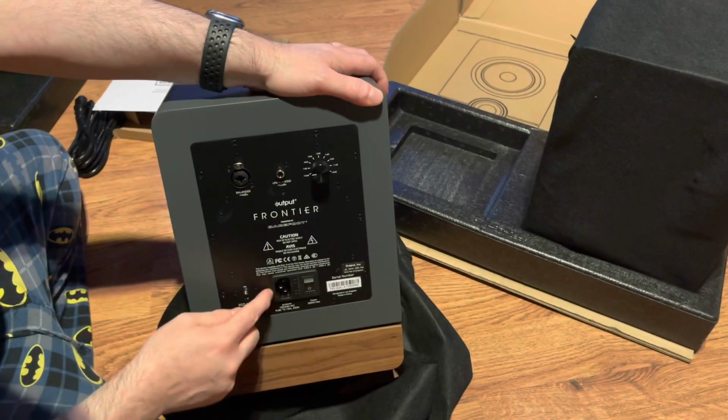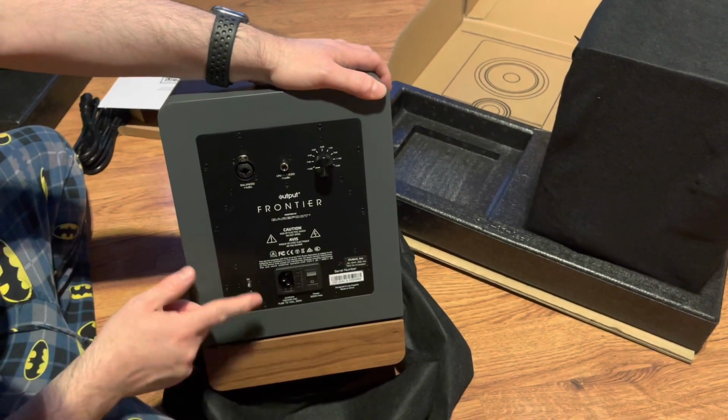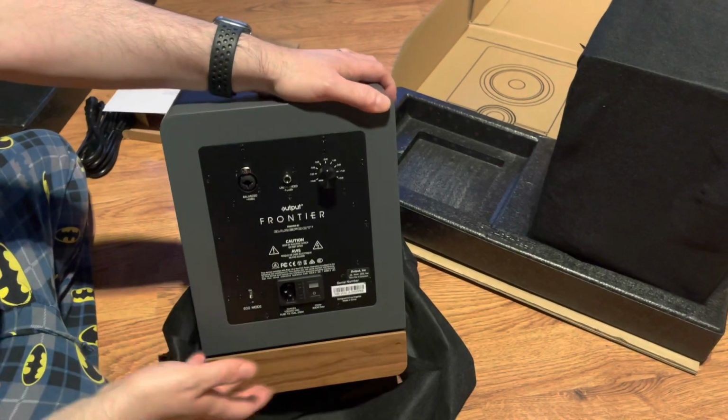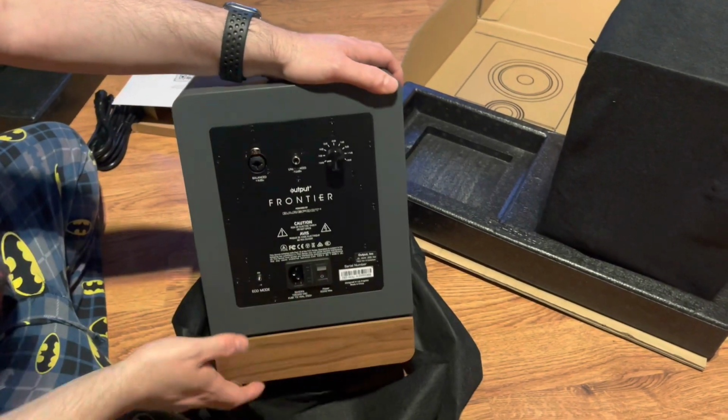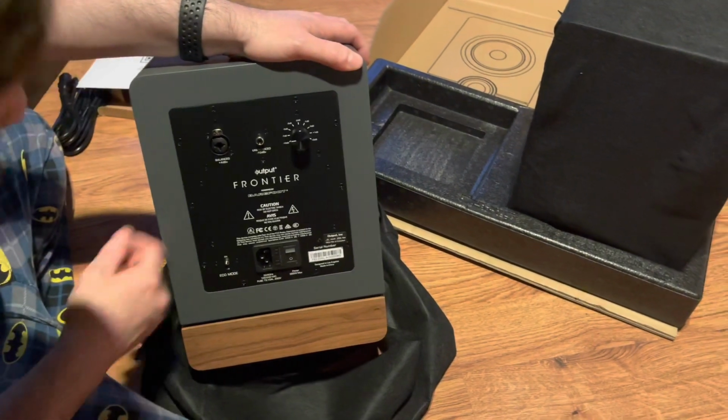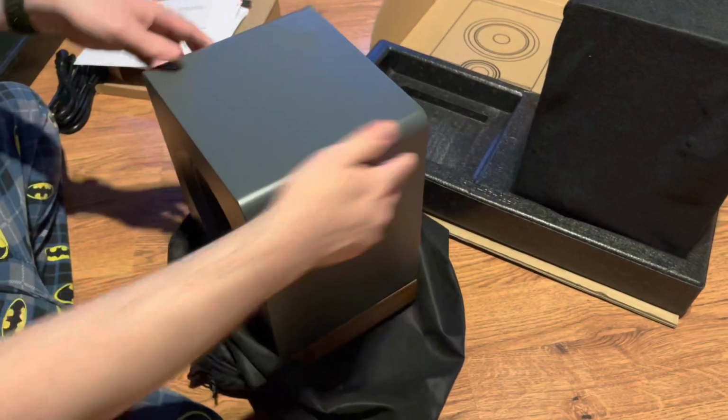RCA connector. Power supply eco mode, so that way you're not using a whole lot of energy when you're using them, or not using them rather. So that's got a toggle switch right there. Really pretty. And then the speaker